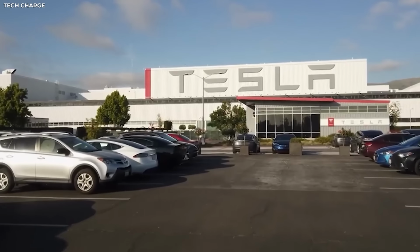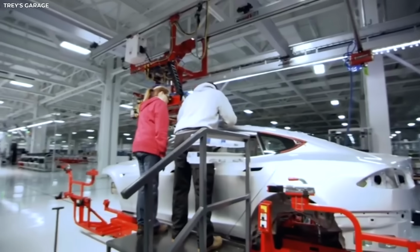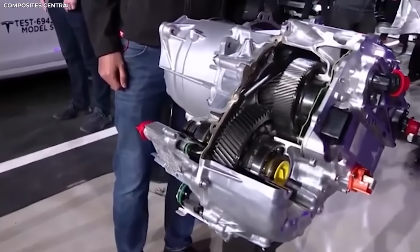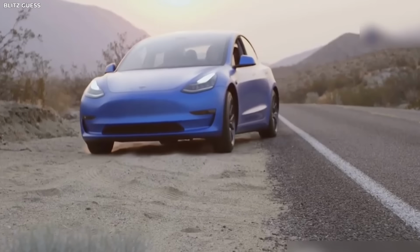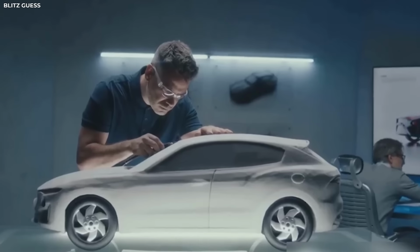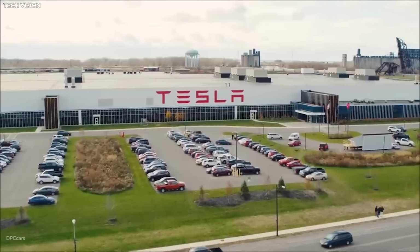Something strange is happening under the hood at Tesla, and it's not what you'd expect. While other automakers are caught in a horsepower arms race or distracted by dashboard gadgets, Tesla has gone silent. Literally, inside its latest breakthrough is a component that doesn't scream for attention, yet changes everything. It's not flashy, it's not software, but it may be the reason Tesla just left the rest of the industry